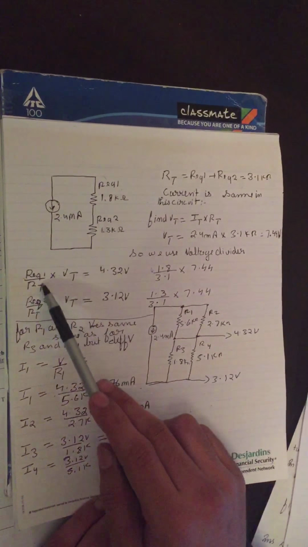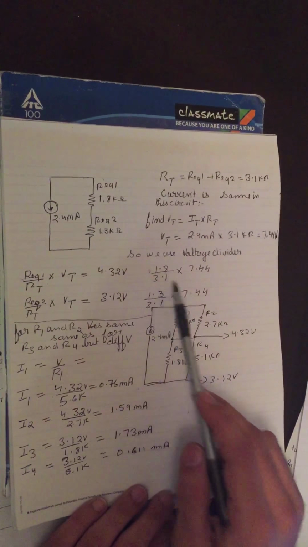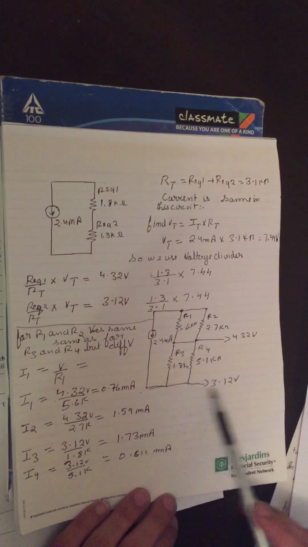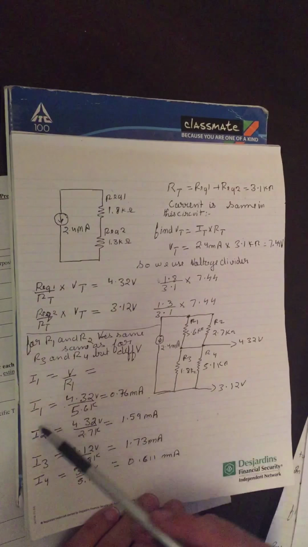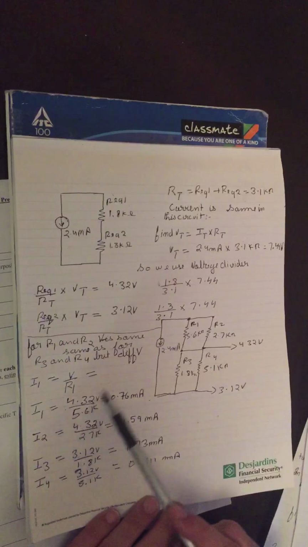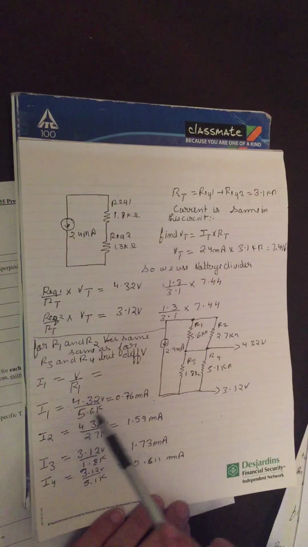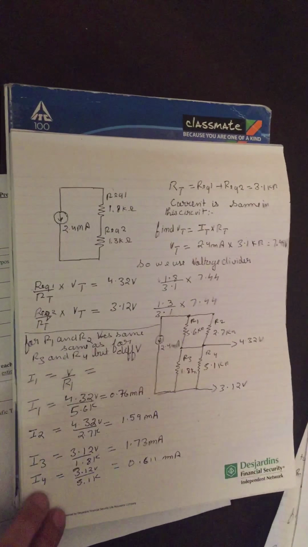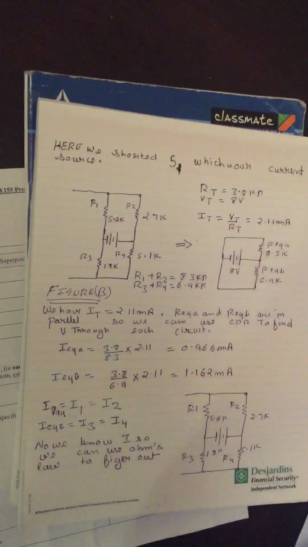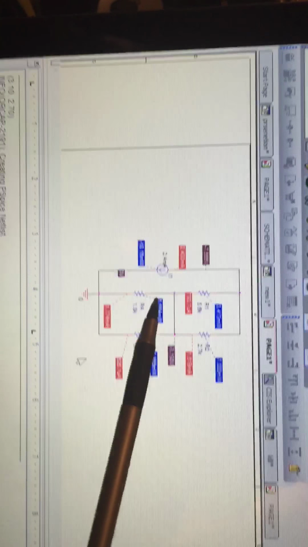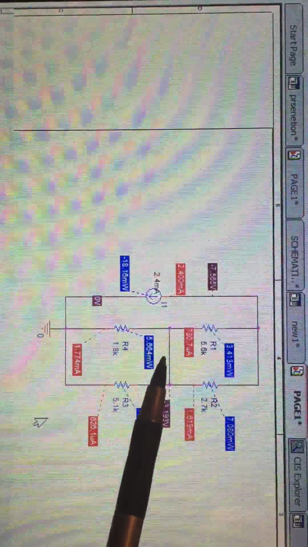Same as we did here, we apply the voltage divider rule, and we get the voltage for these two and these two resistors. Now that we have the voltages, we can find the I just using Ohm's law, V by R, and we got our I for our circuit A. So here we have a look at our circuit. So this is our first step. Here we have one source, which is our current source, and we removed the voltage source,